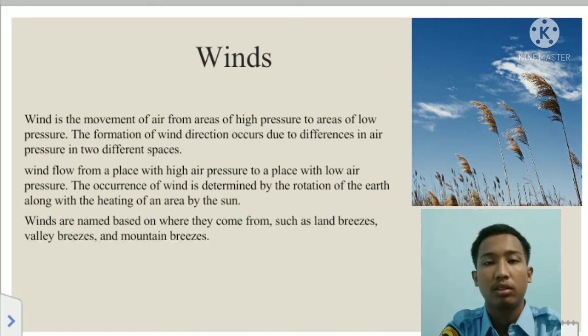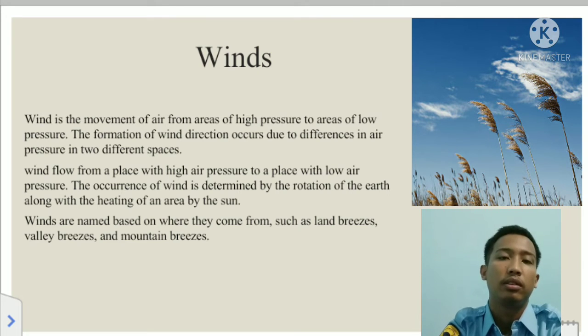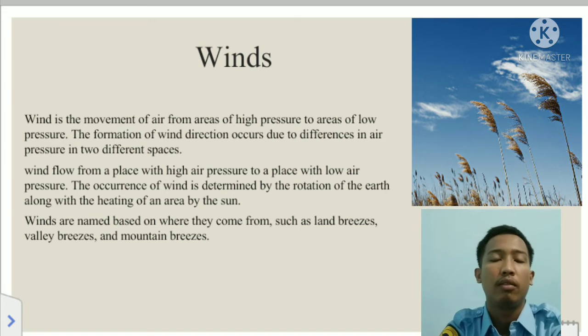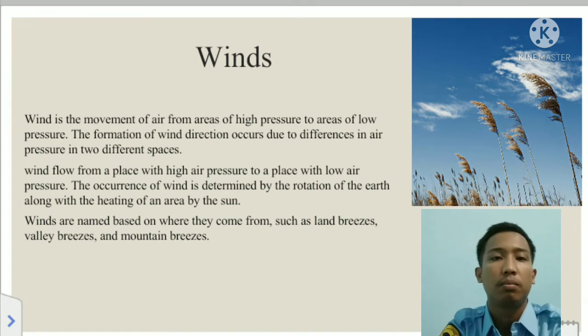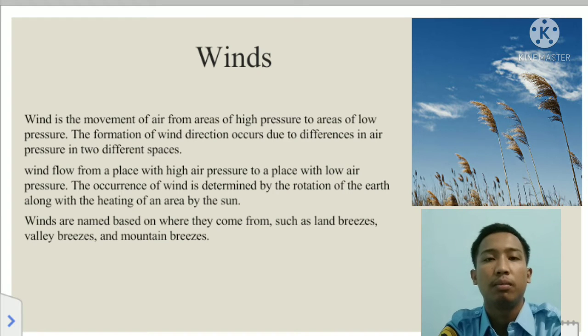The occurrence of wind is determined by the rotation of the Earth along with the heating of an area by the sun. Winds are named based on where they come from, such as sea breeze, valley breeze, and mountain breeze.